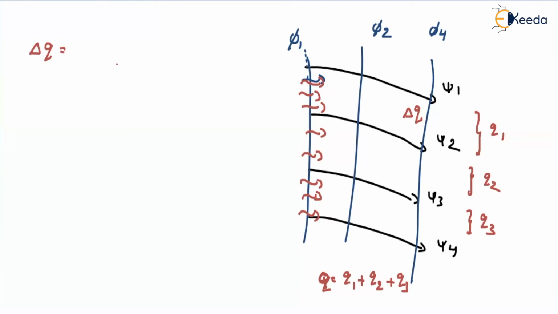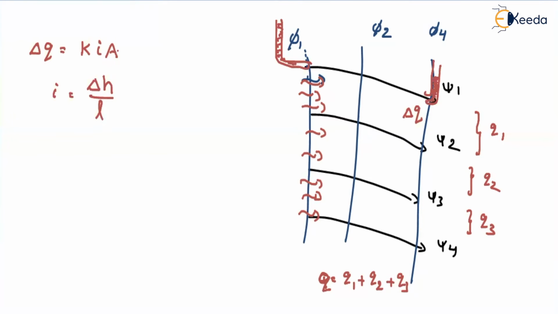So let us see how to find the flow happening between the flow lines. In general, how can you find out the discharge? That is K into i into A, right? What about the head loss? Let us assume that if I keep my piezometer here, the water level may rise up to this point. Similarly, if I keep my piezometer here, the water level is rising up to this point. So what about i? i is nothing but the head loss happening between these two potential lines divided by the length. Let us assume that the head loss between them is delta H, and the length of the flow path is L.